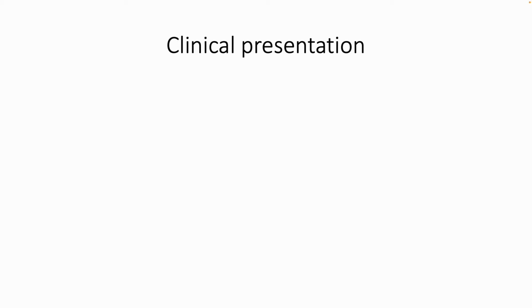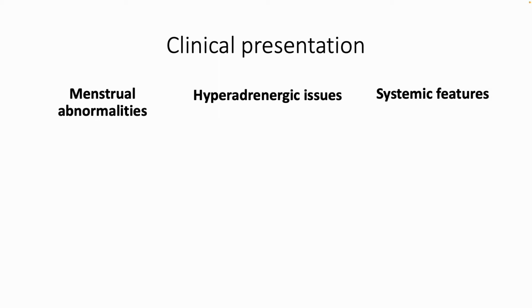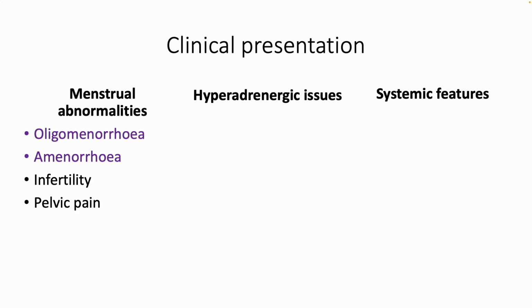In terms of the clinical presentation, there's three main aspects I would like to discuss. Those are menstrual abnormalities, hyperandrogenetic issues, and some of the systemic features. So the main menstrual abnormalities patients will complain of are oligomenorrhea or amenorrhea, but there also might be some infertility and pelvic pain. So a patient might come in complaining of the fact they've been trying for a baby